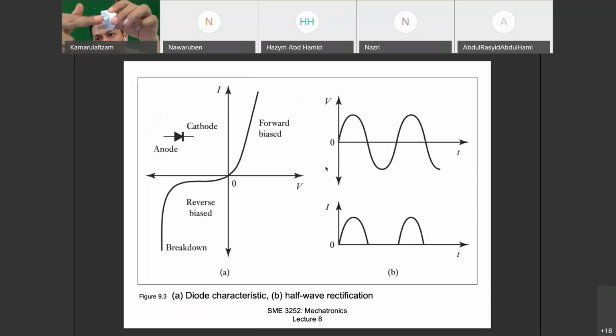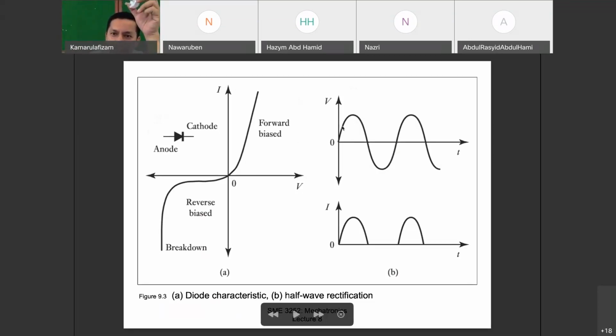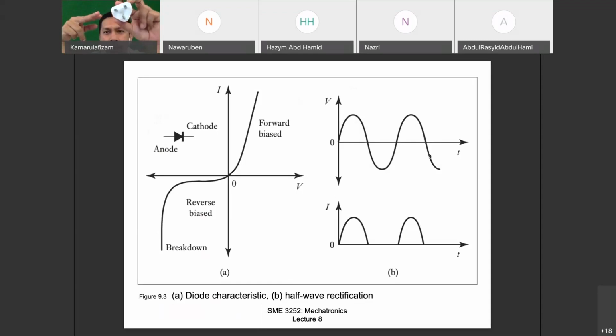Alright. Yang tiga pin ni adalah live, neutral dan juga earth datang daripada wall plug. Yang keluar ni USB 5 volt. Alright. USB 5 volt is DC. Kat sini adalah AC. So AC is being converted into DC pakai diode. Alright. So this is very much like AC punya current daripada kita punya wall plug yang masuk pada 3 pin ni lah. Alright. Lepas masuk dalam ni